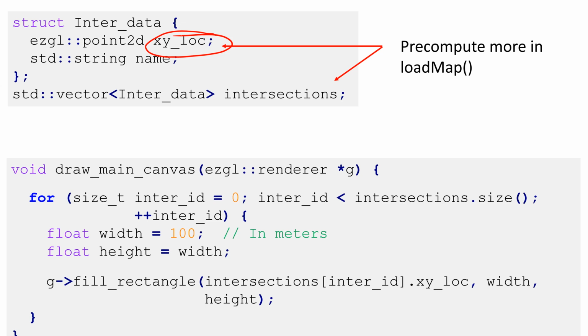So I'm trying to make this as fast as possible. My load map basically now just does that same computation. My draw map gets faster, or my redraw gets faster. So my redraw looks a bit simpler. I just go through and